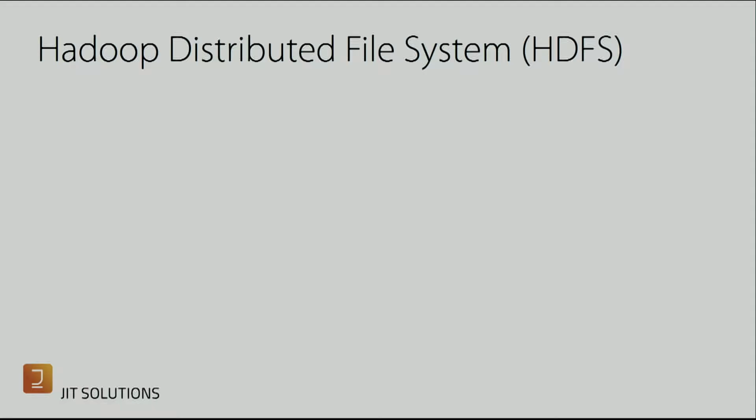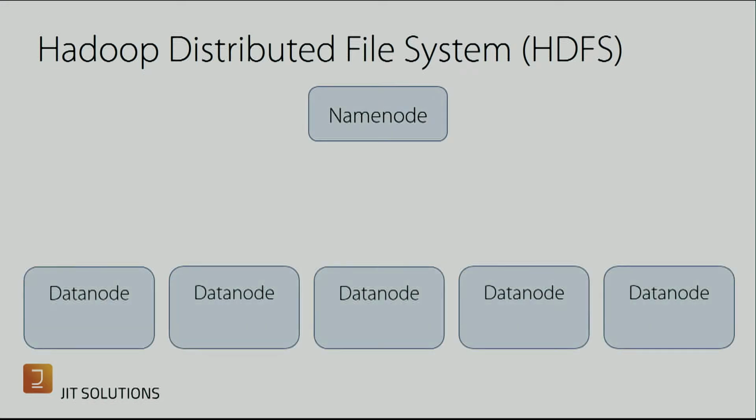So let's start with the basics of how HDFS, the Hadoop Distributed File System, is implemented. In a Hadoop cluster, we have 2 types of machines. The first is a name node, and the other is a set of data nodes. What's the difference between them? A name node is a machine in the cluster which stores the references, the metadata, all the physical addresses of all of the blocks of the files that we have in the cluster. While a data node is a machine which holds the physical files